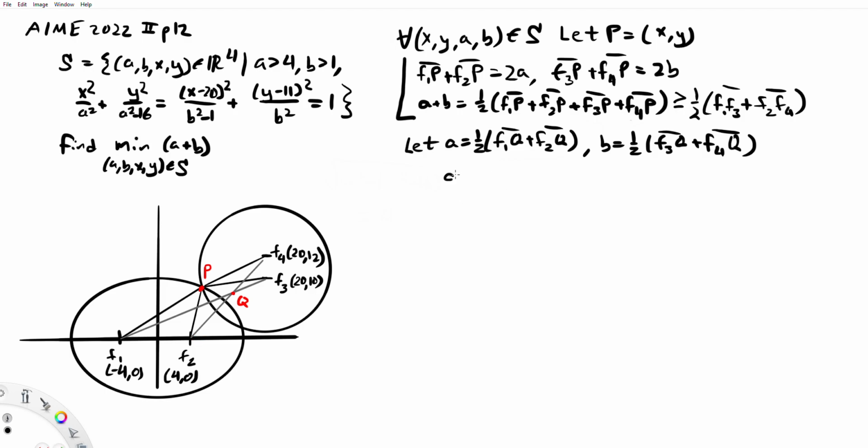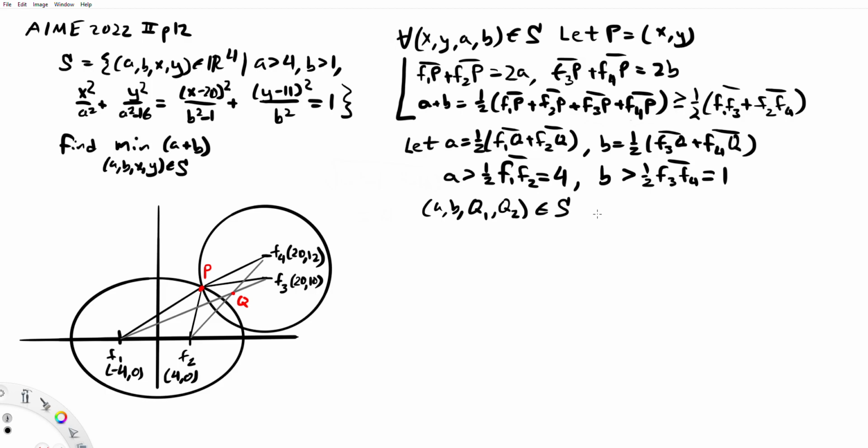So we can say A is greater than 1/2 F1F2, which equals 4. And likewise, B is greater than 1/2. And again, Q doesn't lie on the line F3F4, so it's greater than 1/2 F3F4, which equals 1. So yes, those inequalities are satisfied, and we can say that (A, B, first coordinate of Q, second coordinate of Q) is an element of the solution set, and